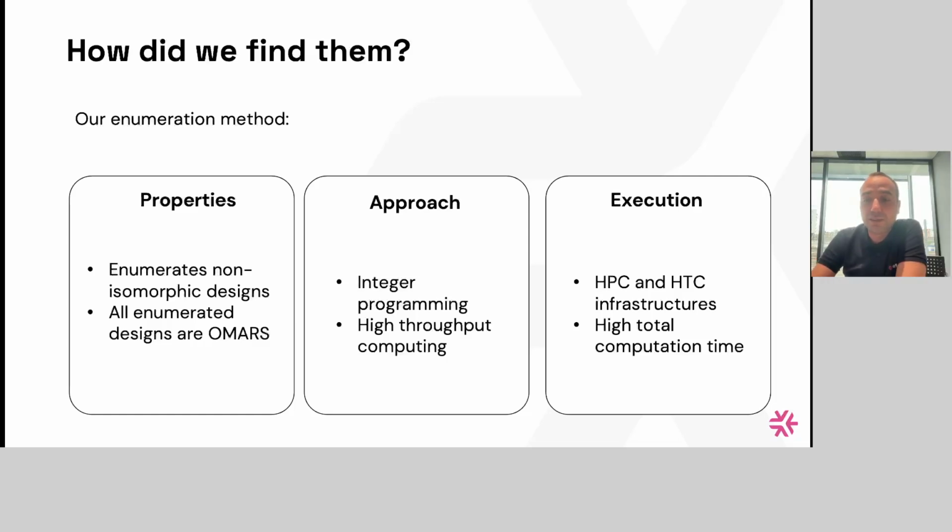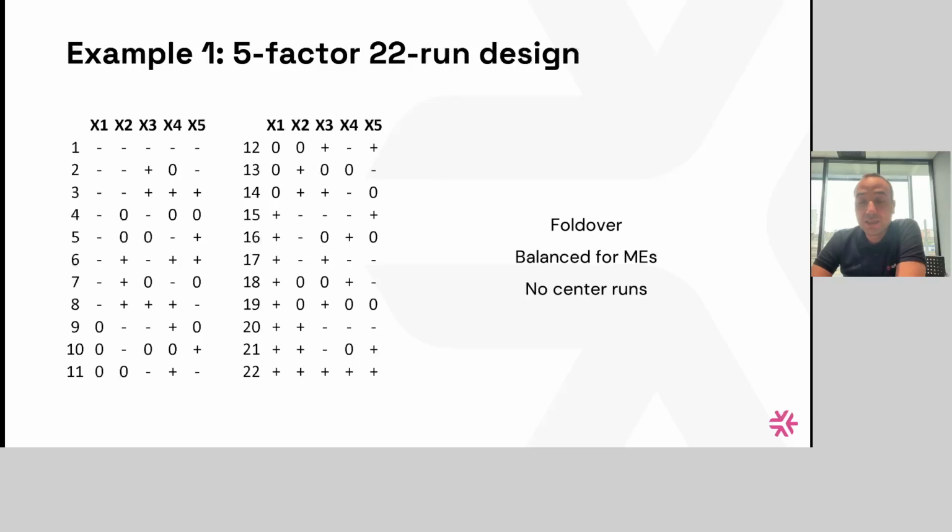That of course it ran in parallel. This is an example, a 5-factor 22 run OMARS design, which is a fold over design. It is balanced for main effects and it has no center runs. Of course, if we add center points to any OMARS design, it will stay an OMARS design because it doesn't